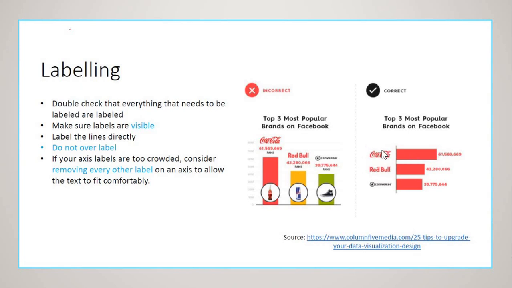Yang ni tulisan ni kan. Tulisan ni dia letak sebelah kiri, kemudian dia punya value sebelah kanan. Berbanding dengan yang ni, agak serabut kat sini. Okay, semua kita tulis kat situ. Okay, so agak serabut. Okay, this one, if your exist labels too crowded, consider removing every other label. Okay, next,